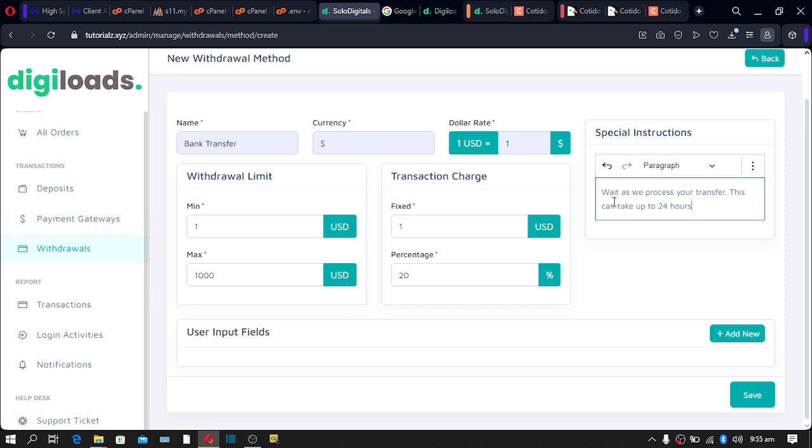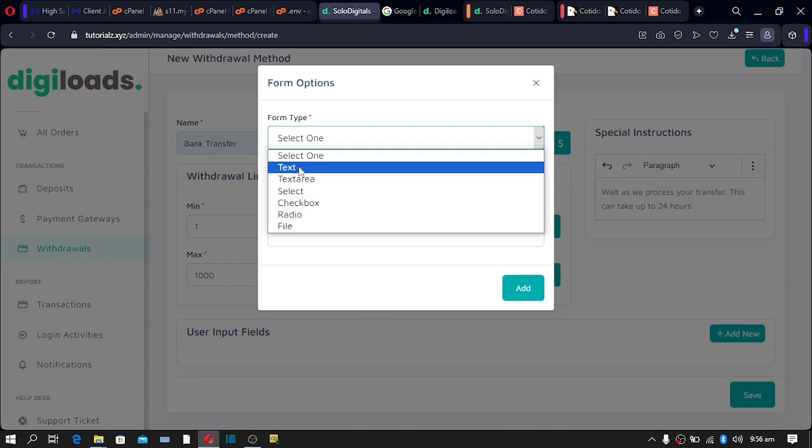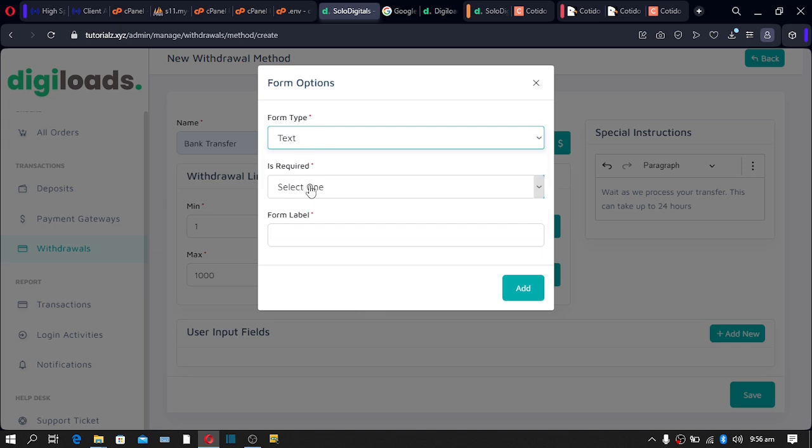Okay, your bank name, and so on. But because it's a withdrawal, they don't need that information, because they are not making payment. They are rather taking payment. They are receiving the payment. Because of this, you want to give them a field. All right, so click here, input field. You want to give them a text area. Something like text, make it required, and then tell them to enter the account name,